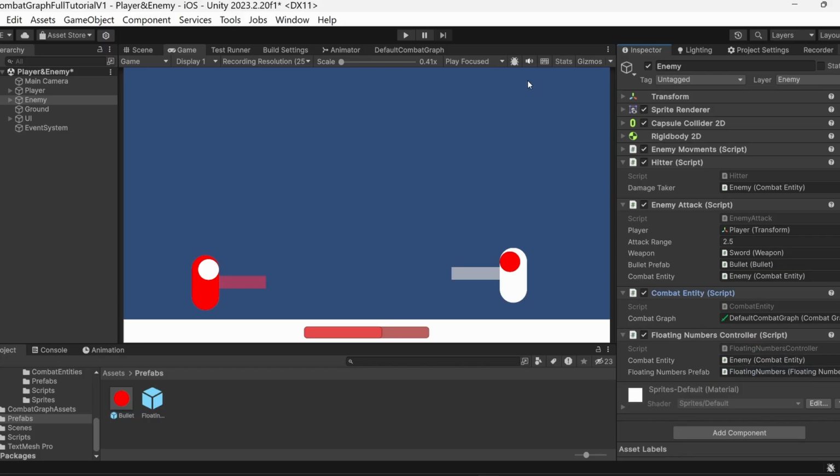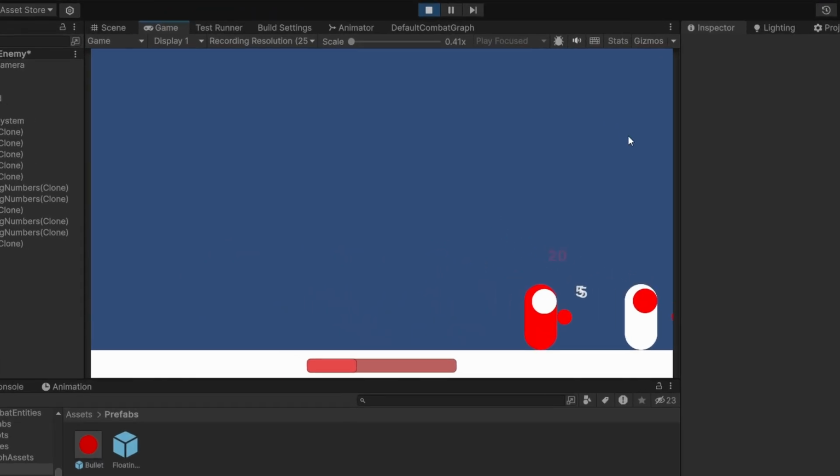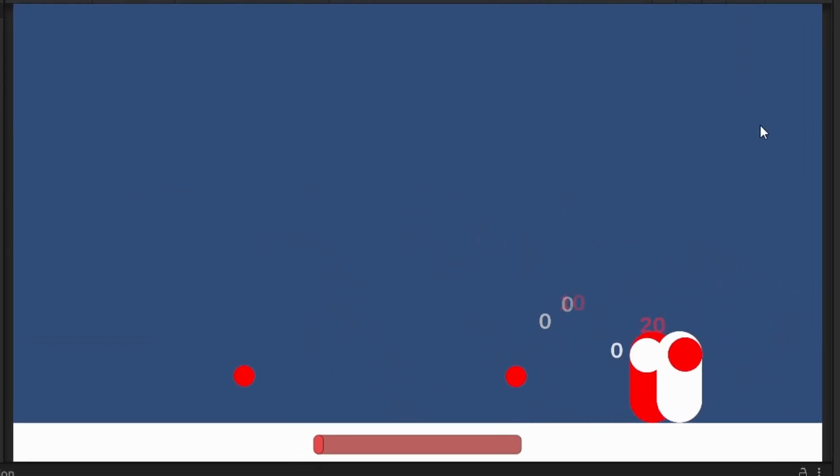Now, when they run this scene, damage numbers appear above the enemy's head when hit: red for critical hits, white for normal attacks. The same works for the player. When the enemy attacks, the corresponding number appears above the player. So far, our handler is only subscribed to the damage event on damage taken, but we can make the system